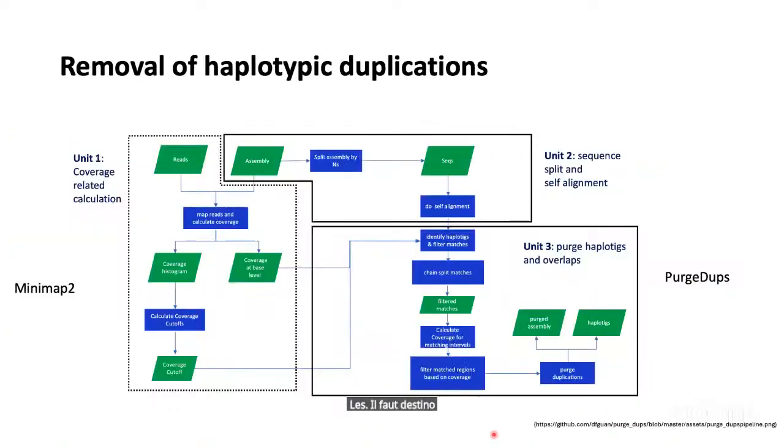So what we do next is we look for regions that are highly duplicated. And what we use is a tool called Purge Haplotigs, or Purge Dups, that has two main steps, where the first part, what it does is it takes your long reads and then maps them to the reference that did the primary assembly. And what you get is sort of a coverage